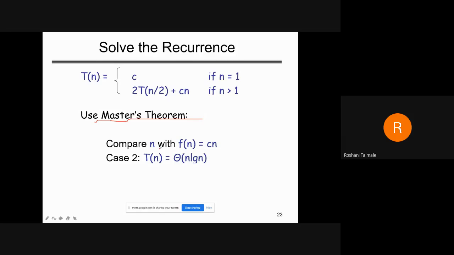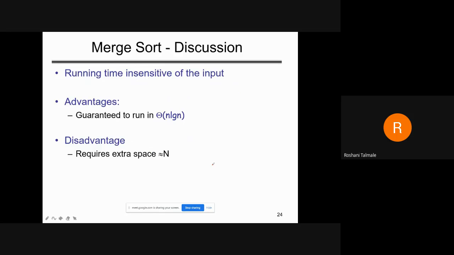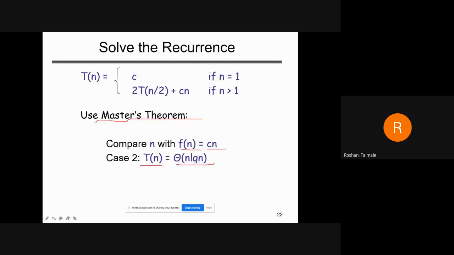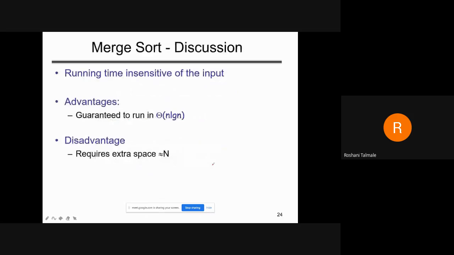So they have used, if the function is compared with n number of times, make it as n. And in case 2, we will use theta n log n. Okay, in the logarithmic terms, it will use this n log n. Got the point? So we have to remember n log n because it is not the incremental one. It is a divide and conquer. So we require the n log n. So the running time for any input is guaranteed to run in n log n.